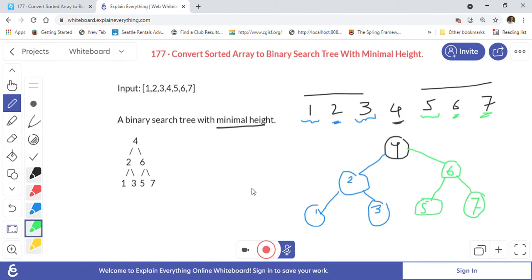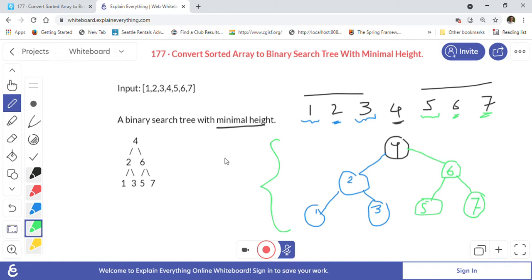So see, this is the way we are going to build the minimal height tree. As you can see, this is the way we can assure that the height of the binary search tree that we are creating will be minimal, right? Always we are going to be equally dividing it into a left part and a right part, so it will automatically assure that the binary search tree that is created will have minimal height. So this is the way we are going to solve this problem.